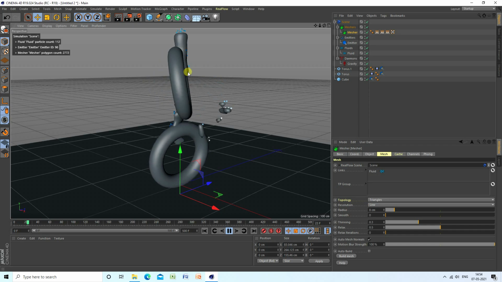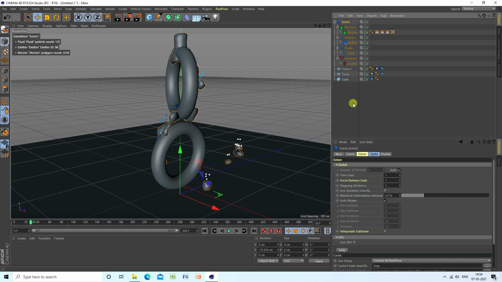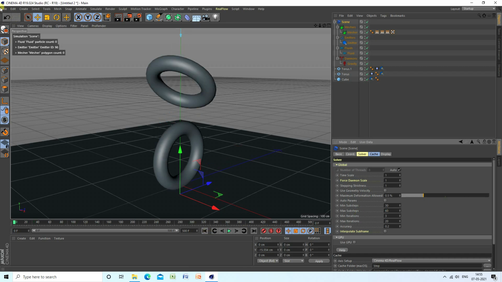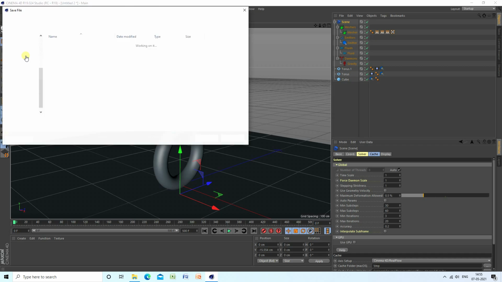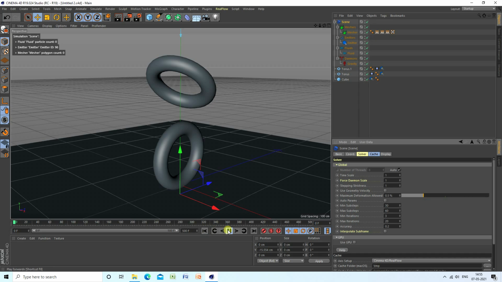Okay, so guys, I change some settings on the mesh tool. Select this mesh, radius is good, smooth increase to 5. Select this screen and uncheck auto param. Minimum subtract I take 30 and max subtract I take 60. Most important part, save this project, go to desktop and save. Then go back and play.